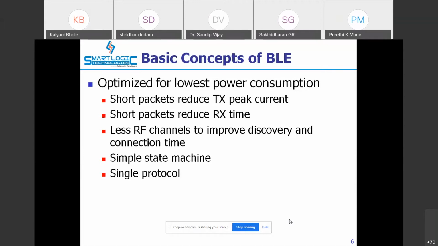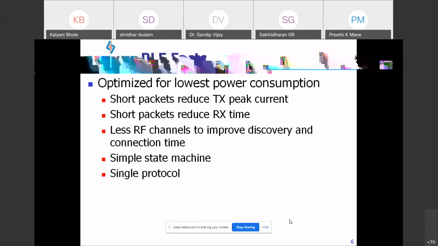Then it operates with a very simple protocol. So we can increase the range up to 150 meters in an open field. That is not that much range. The output power is nearly about 10 milliwatt. Okay, so maximum current is 15 to 20 milliampere.